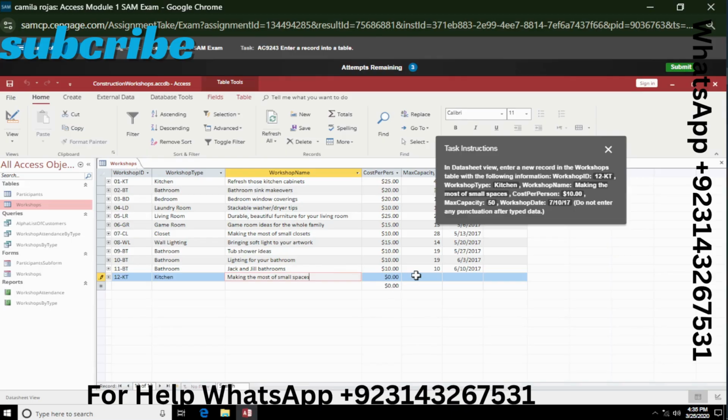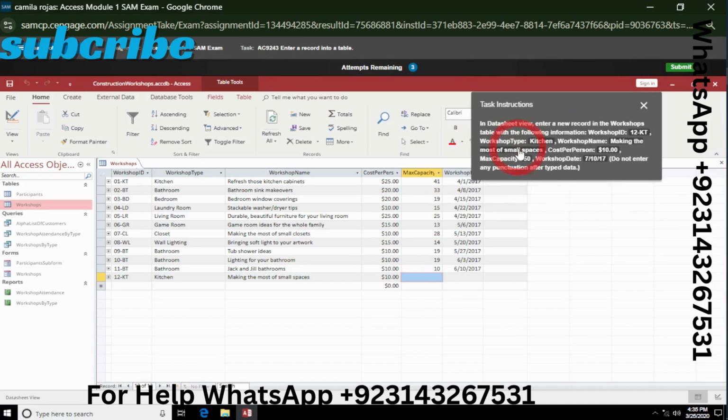And now in here cost per person type $10, 10.00, and now here max capacity is 50 and date is 7/10/17 and press enter.